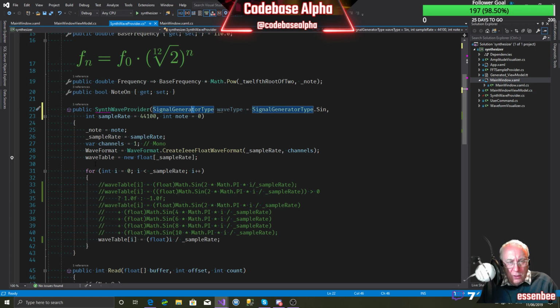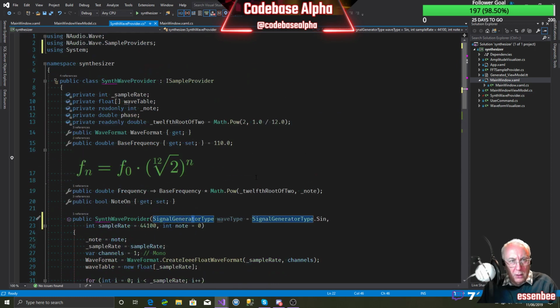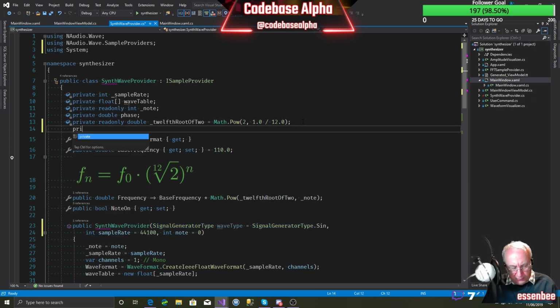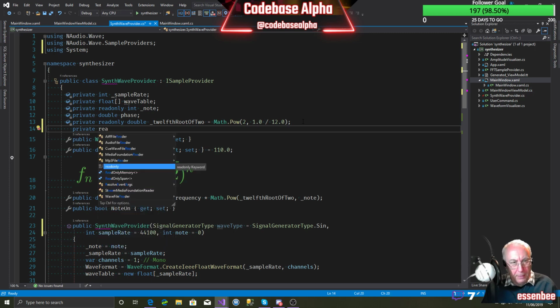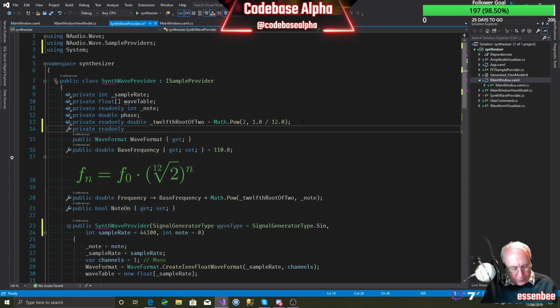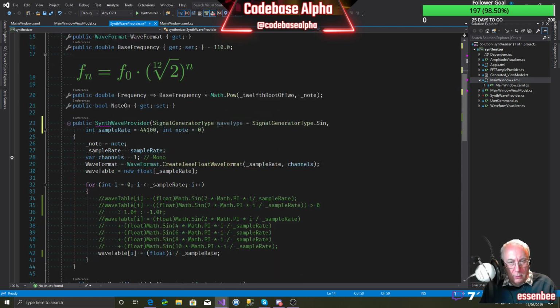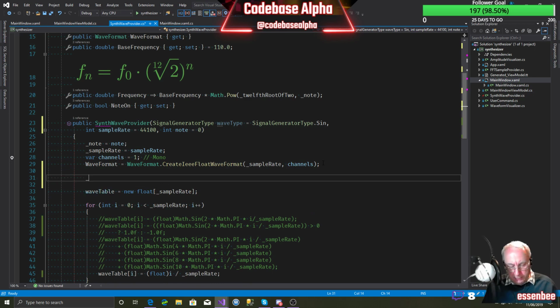So rather than creating a wavetable like this, we're going to use the signal generator. So what we need is a source. We'll create a private readonly signal generator, and I'm going to call it source. And in here, we're going to say that our source is going to equal a new signal generator. A signal generator takes